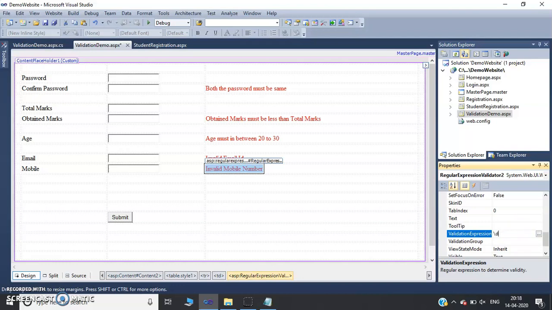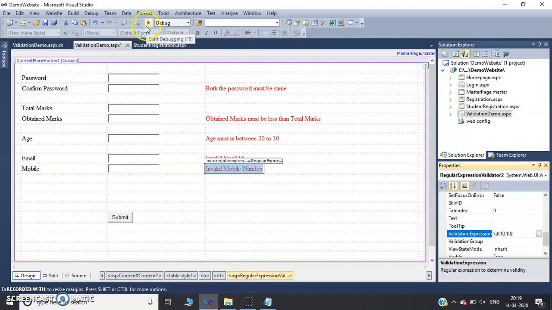If you mention just a single \d, it will accept only a single digit, but a mobile number is of 10 digits, so we can make use of curly brackets, that is 10 comma 10, which indicates minimum 10 characters and maximum 10 characters, meaning it will accept only a mobile number of 10 digits.